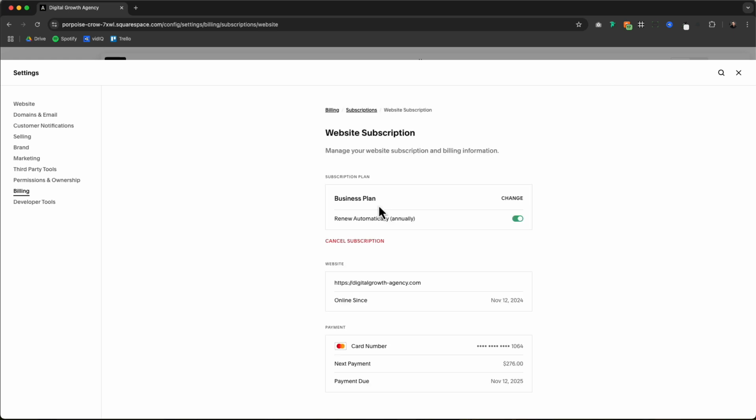website. And then you have a couple of options. Number one, if you just want it to renew automatically, you can leave this on. Or if you wanted it just to run out at the end of its billing period, you can select that to be off. Or if you wanted to go ahead and cancel the subscription straight away, you can click on